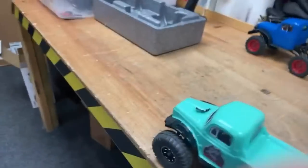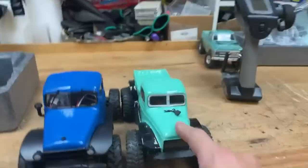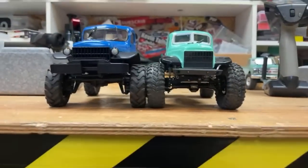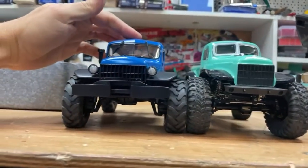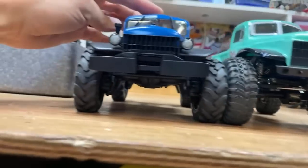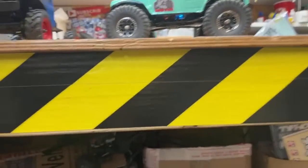I think the only thing that this is going to have advantage on is the diff clearance. So we've got similar body. Similar wheelbase actually. But look at diff clearance, look. So if we lower this down, we could have it so it's this height. So we're the same height as the other one. But we get all that ground clearance under there. See that one there's got axles sticking out. This one here, we can have the axles level with the chassis. So if we do a side view,